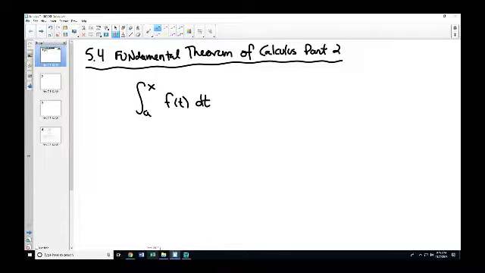And what the function is going to output when you calculate the value of that is an area. So this is the signed area